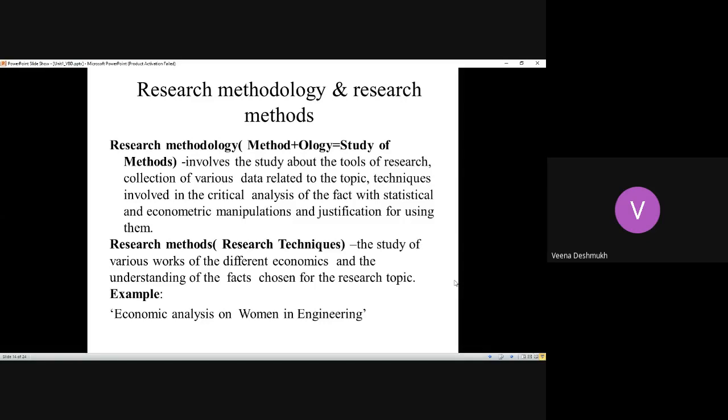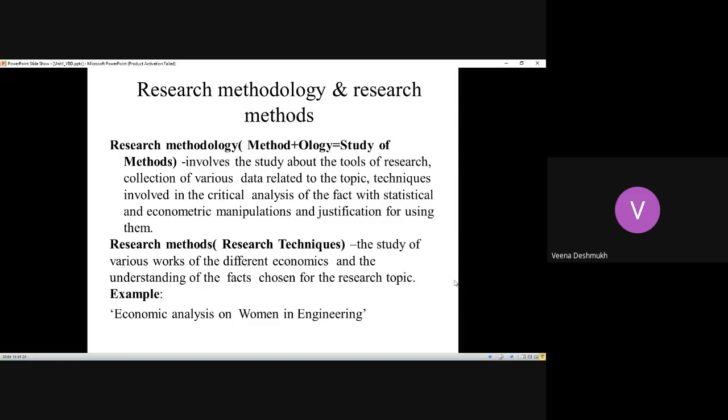Then techniques involved in the critical analysis of the fact. So various techniques are involved. Various tools are available. Like that, various techniques are also involved. Like for simply finding out the means and averages, there are different ways. In some cases, you don't consider some data, missing data you call. In some cases, we consider all the data. So there are different techniques for this. And again, providing justification that why did you go ahead with this kind of a